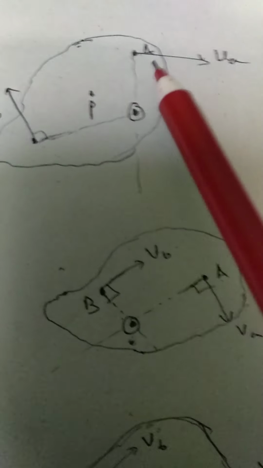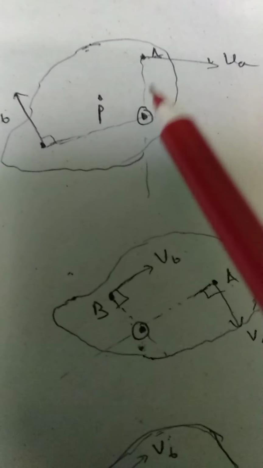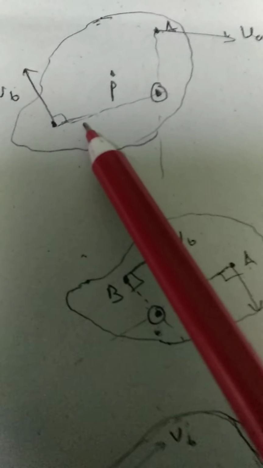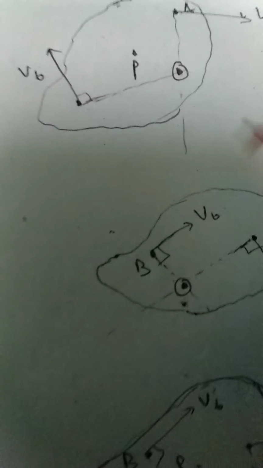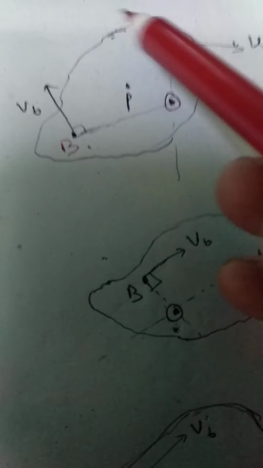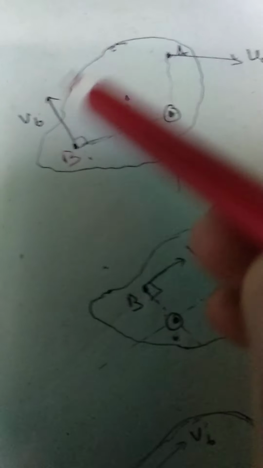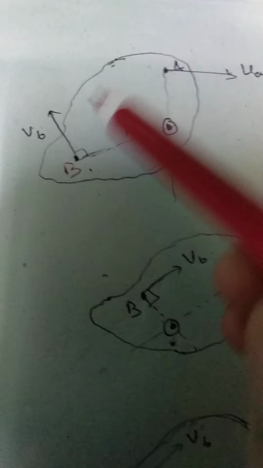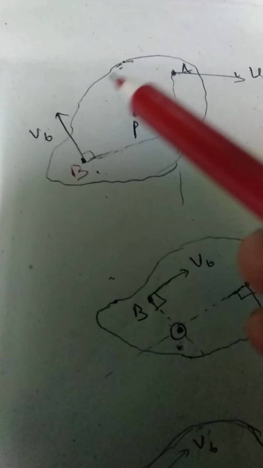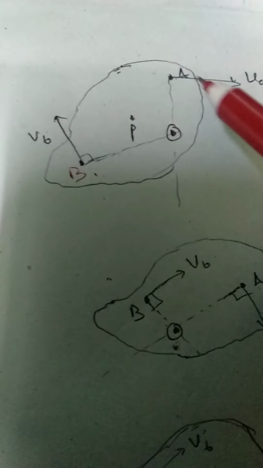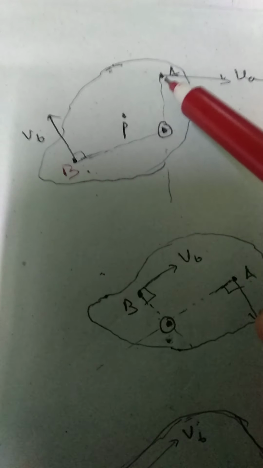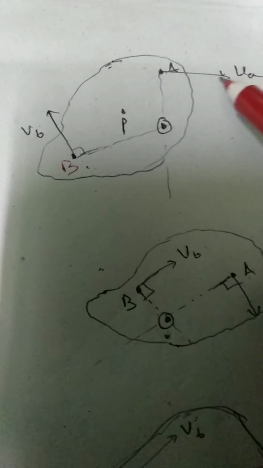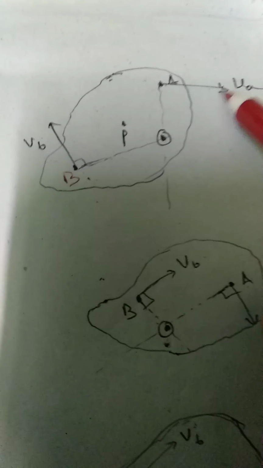Now consider this point A, and this is another point. Suppose this is B. So these two are points on this body which is rotating. Now this point A has a velocity, suppose VA,